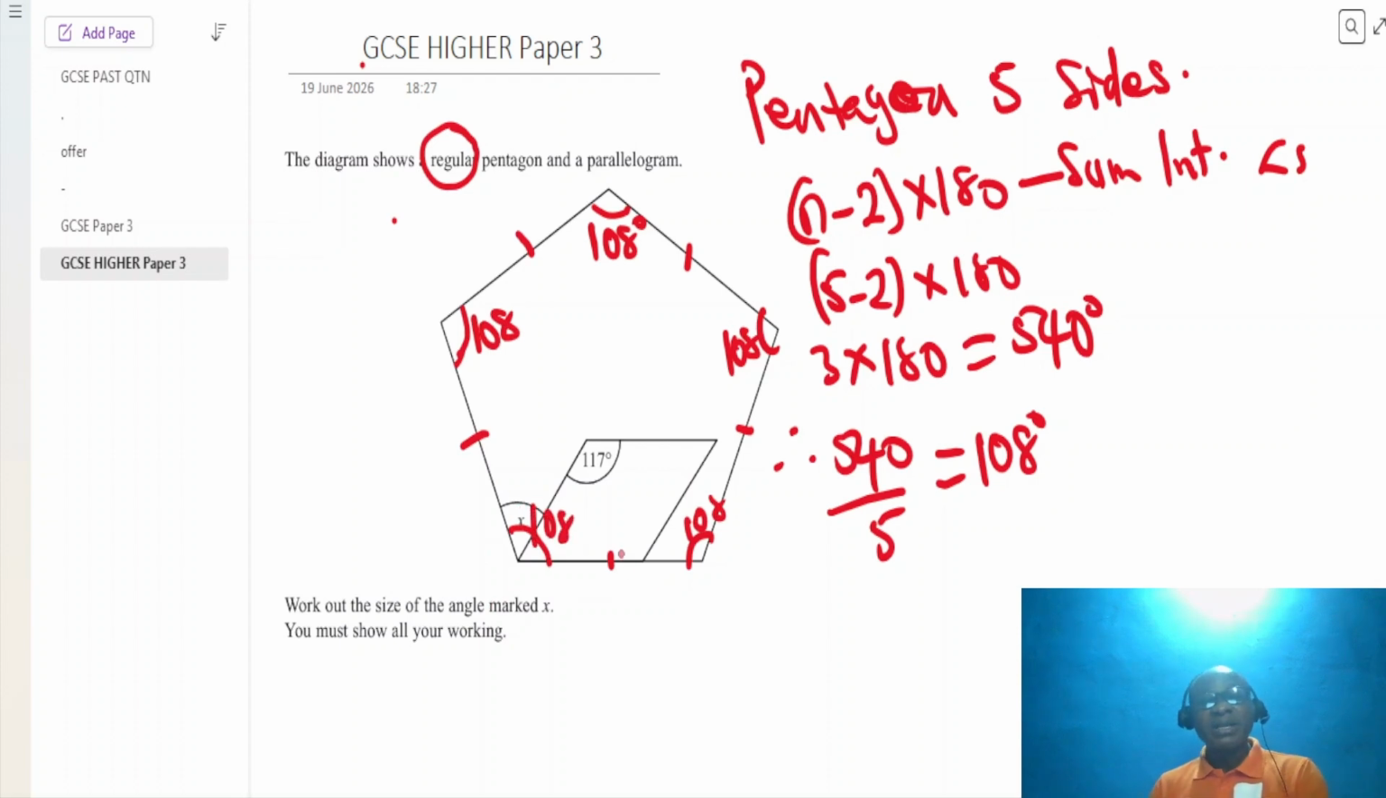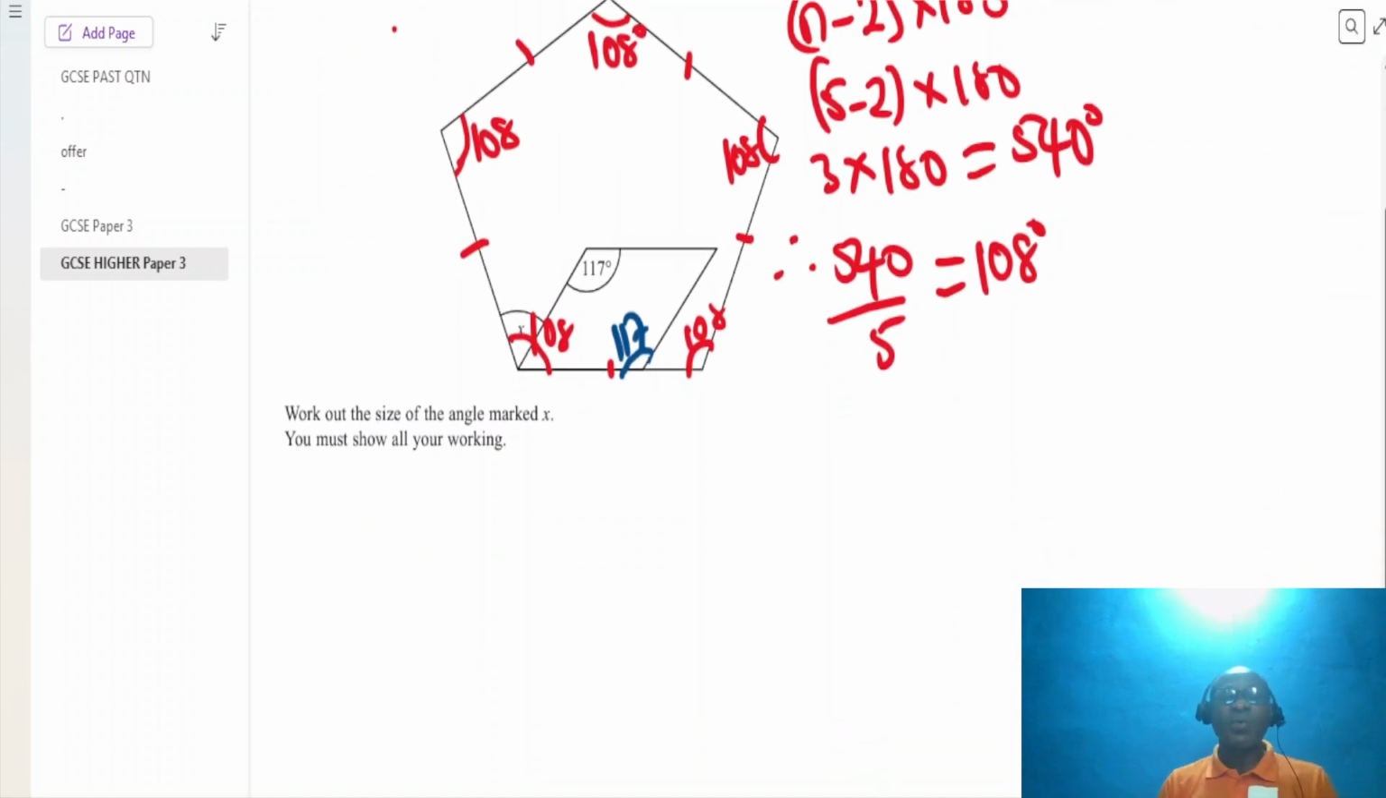All right. Inside it, there is a parallelogram. One beautiful thing about a parallelogram is that opposite angles are equal. Therefore, this place, if it is 117, here also is going to be 117 as well. A parallelogram is a quadrilateral, meaning the sum of angles in a parallelogram is equal to 360. Therefore, I am going to do 117 times 2,